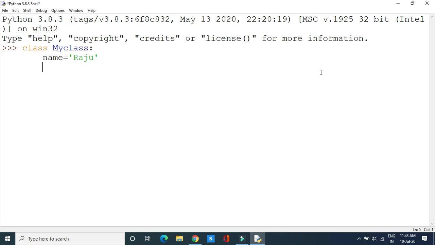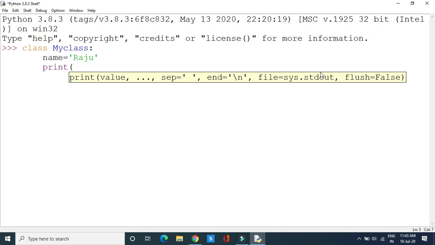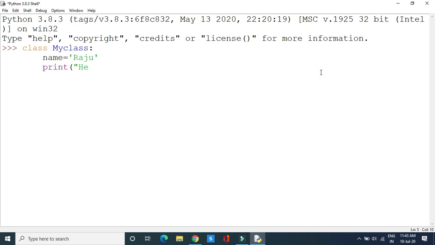And next, I will simply print this statement: Hello, I am %s, formatting the string with the name. Press the enter button to see the output.